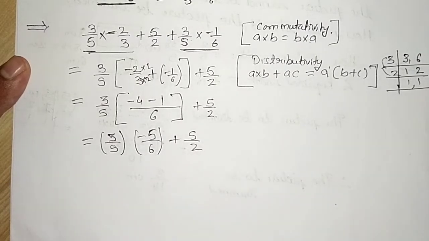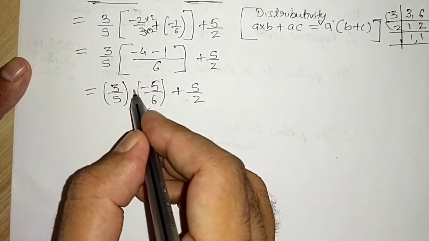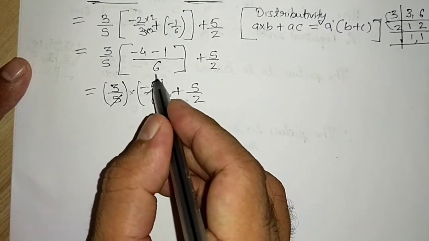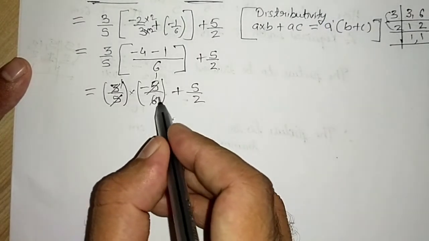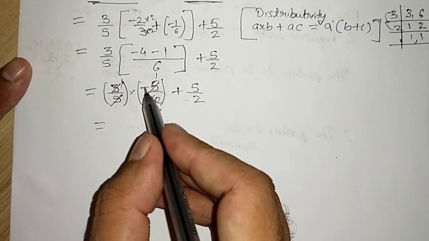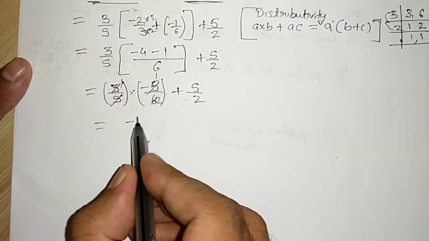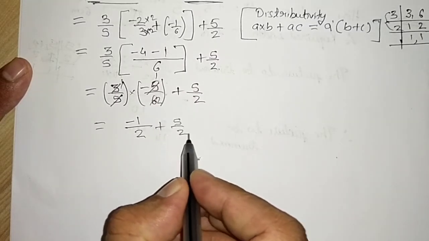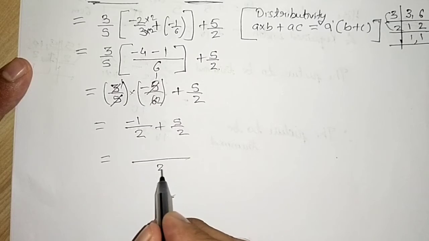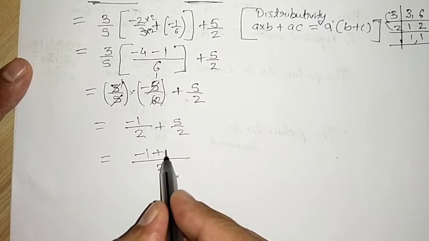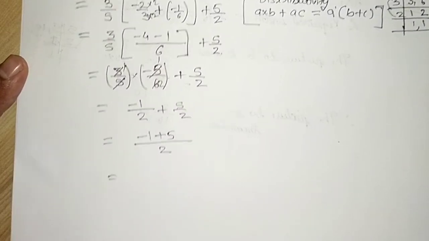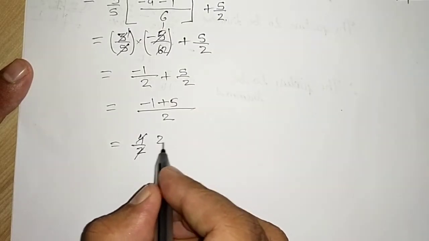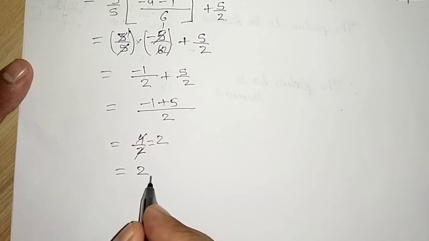Now you can see here these two are in multiplication, so I will cancel out: 5 ones are, 5 ones are, 3 ones are, and 3 twos are. So our resulting answer will be minus 1 into minus 1, 1 minus 1 upon 2 plus 5 by 2. LCM will be 2. So above we will subtract. So our answer will be plus 4 divided by 2, which I can write 2 twos are. So our answer is 2.